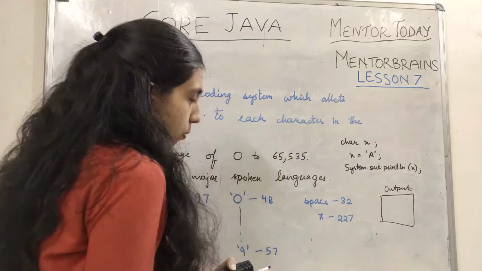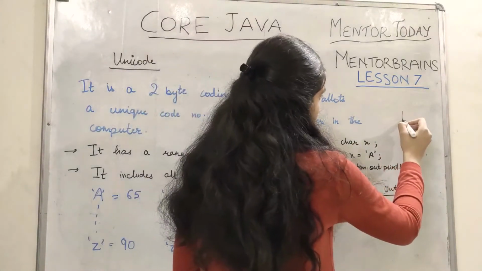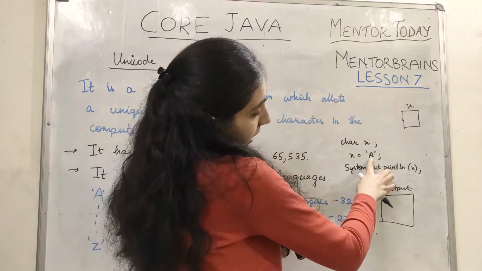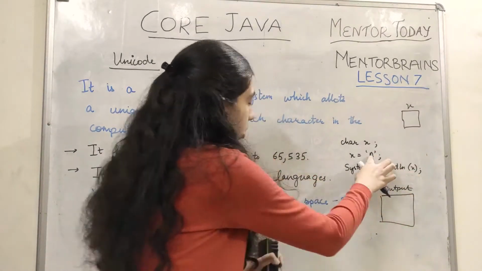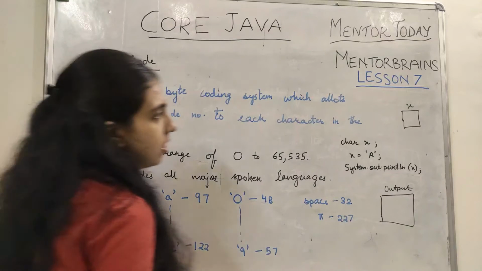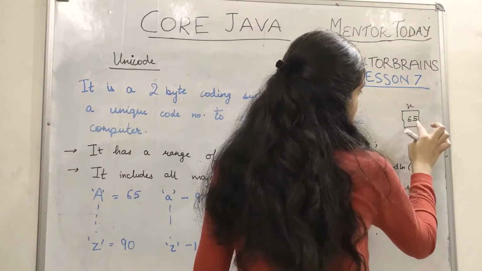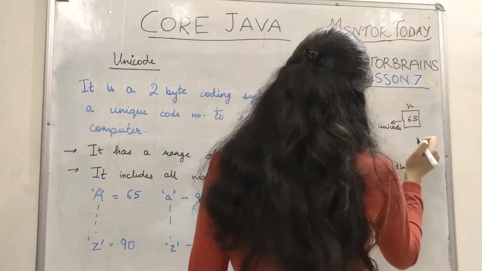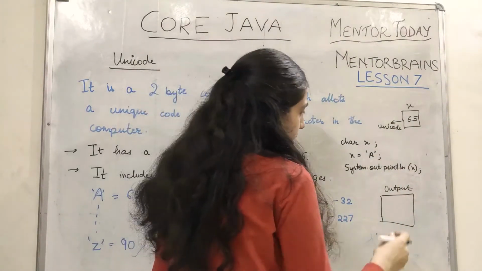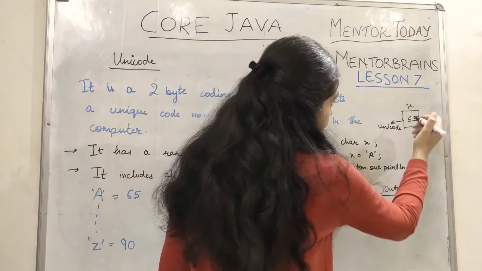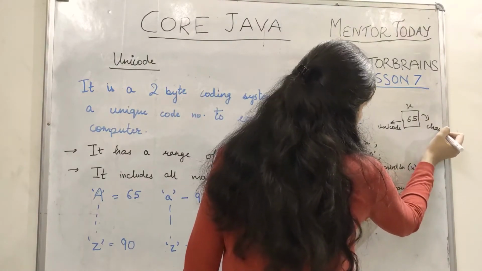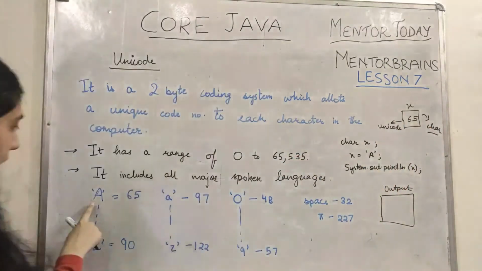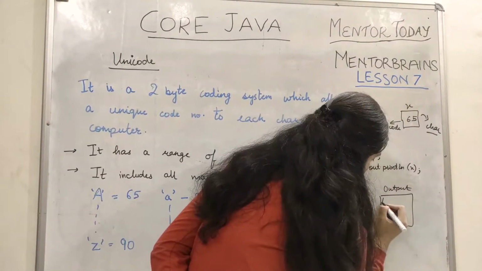In our computer, when this line runs, x will be created, and it will not store the character a inside; it will store the Unicode of a, 65, inside it. This is not a numeral, this is stored as a Unicode. So when I print x, as we know this is character type, a character will be printed on the screen. 65 is the Unicode of a, so character a will be printed on the screen.